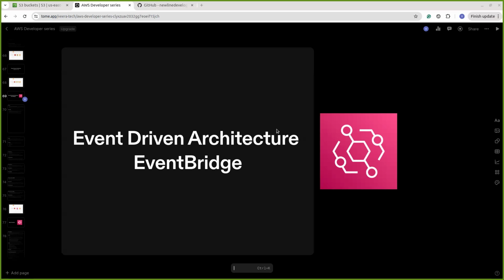It acts as an intermediate service, a kind of bus bridge. It helps you send the events from producer to consumer. That is the purpose of EventBridge. It's mainly playing a pivotal role in event-driven architecture. So now, in this session we are going to discuss